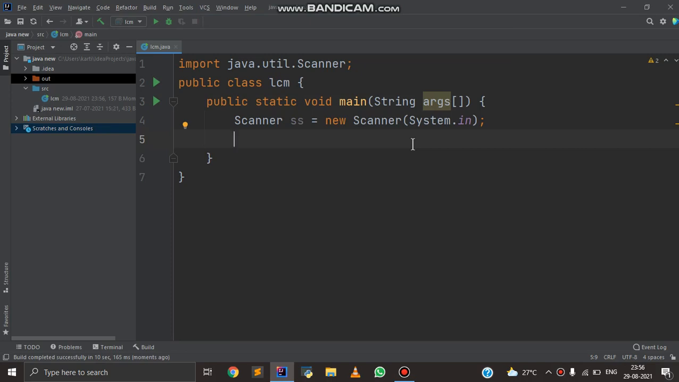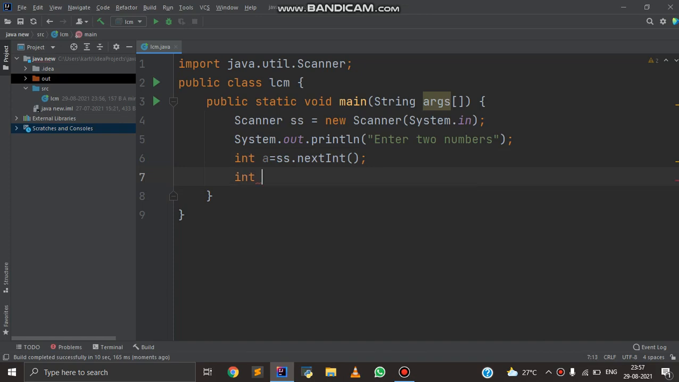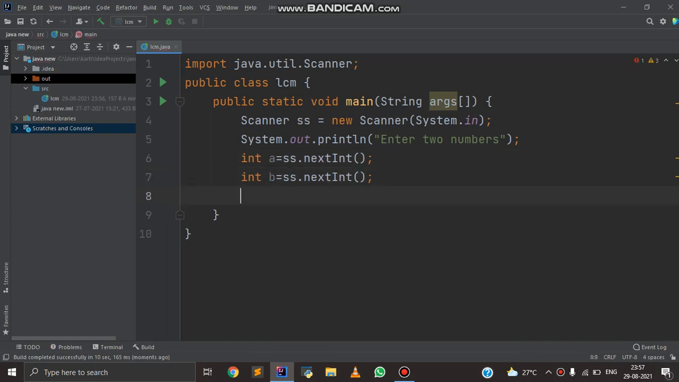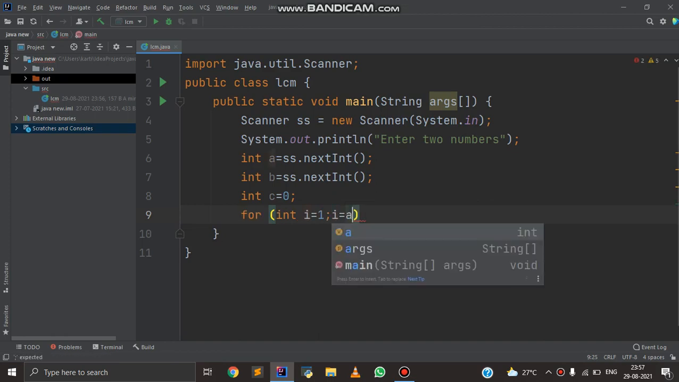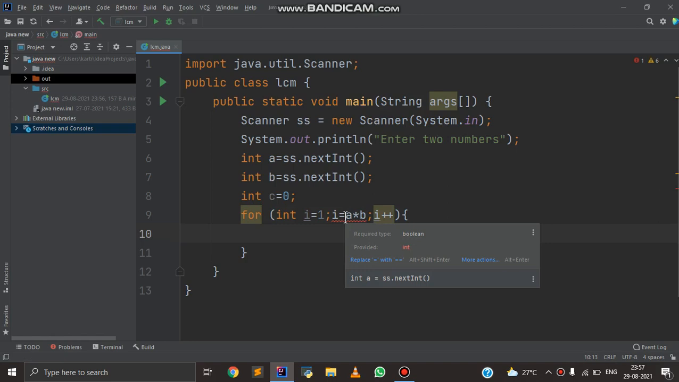So first we'll take input from the user, enter two numbers, integer a and integer b. Now we'll initialize one more variable where we'll store the LCM. Now we run a loop. We'll start from 1 and it will end till i into b, because if we want to find LCM then it is necessary that